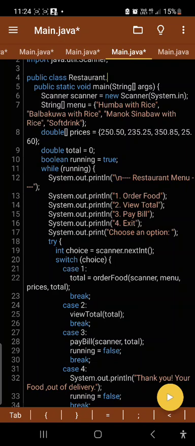The view total method displays the current total cost of the order, and the pay bill method calculates the change and displays a message based on the payment.